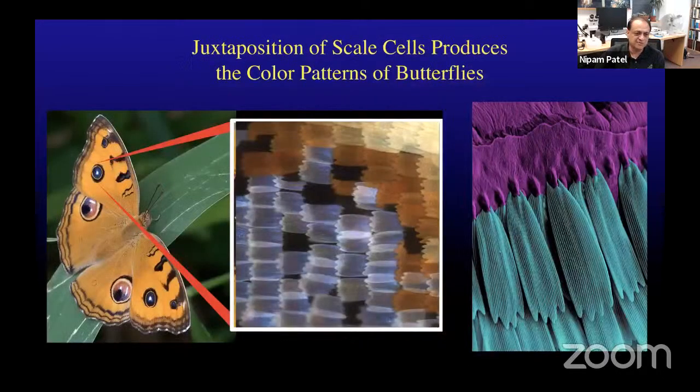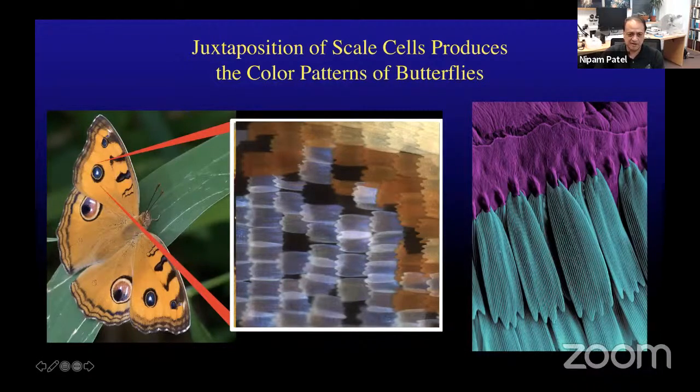So, if you zoom in on a butterfly wing, the butterfly wing is covered in these structures we call scales, and butterflies and moths belong to a group known as Lepidoptera, which means scaly wings. And so what are these scales? So these scales are a dead remnant of a cell that was growing during the pupal stage while the butterfly was in the chrysalis. And so for a cell, these are really quite large.